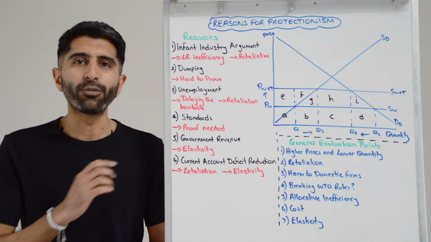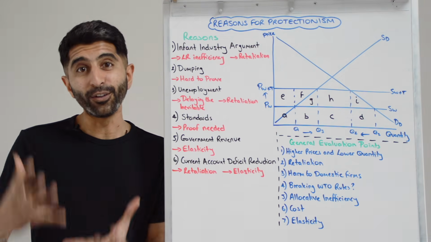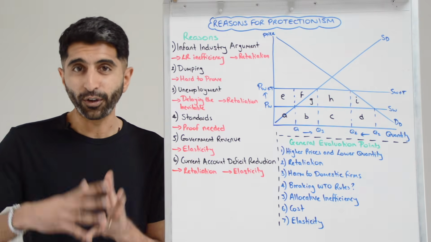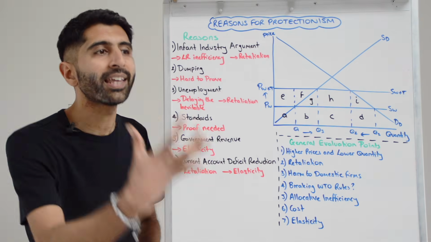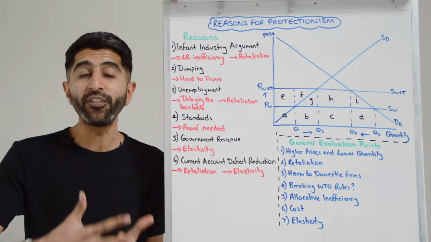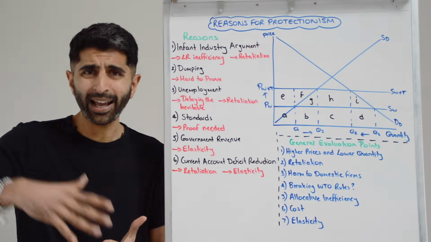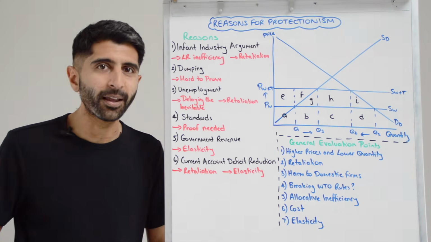The problem with this reason, though, is that to do it properly, you need to prove that goods are being dumped in your country. You've got to collect evidence to prove it and then file a case through the World Trade Organization. They should adjudicate it and hopefully come on your side, in your favor, and then enact sanctions on the country that is dumping.